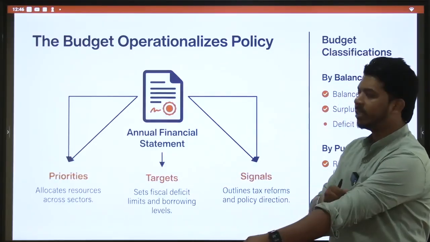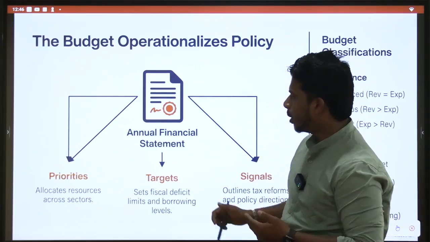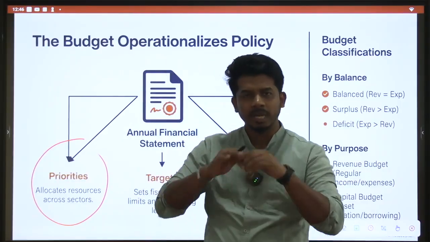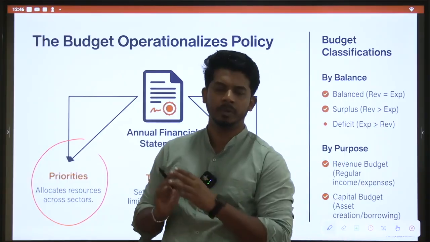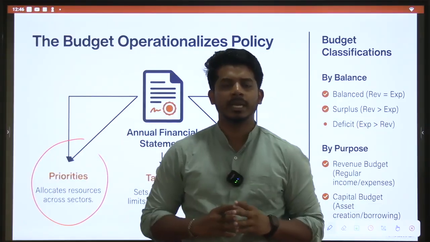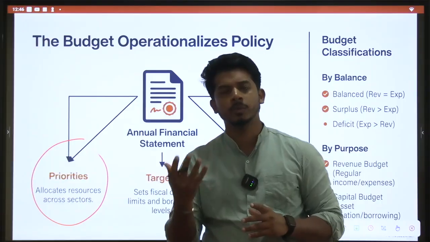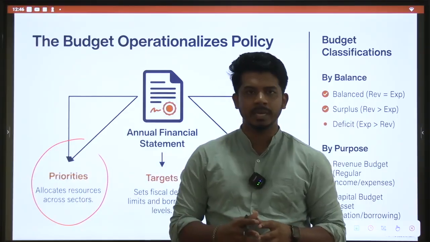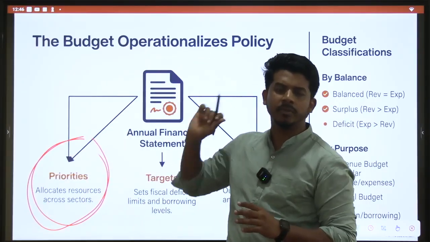So, the budget is the annual financial statement we have seen in the previous class. There will be multiple things. First of all, we have some internal priorities. Not everything is related to economics. We have some priorities, like we need to help people. We need to give rations to poor people. We need to help various vulnerable sections. We need to give some schemes for women. We need to help students. We need to procure enough medicines for the people in the country. So there are various priorities for the government, for which funding also will come from the budget.